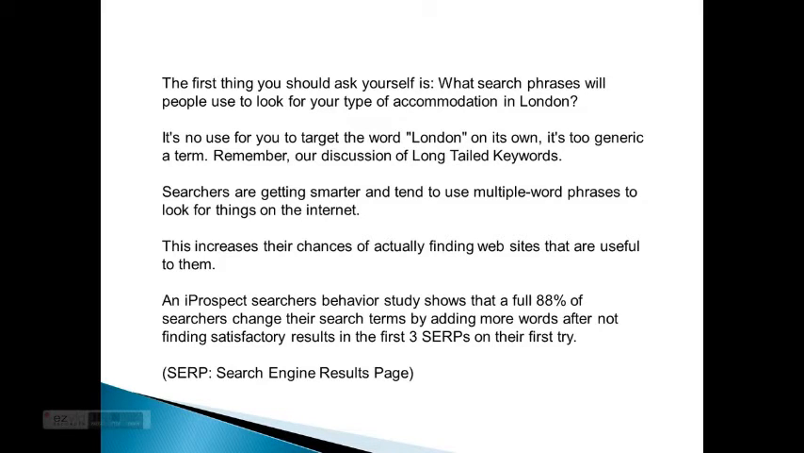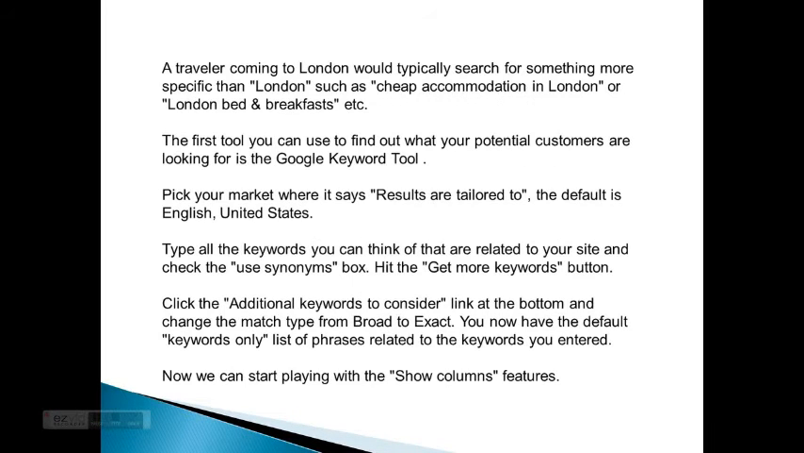An iProspect searcher behavior study shows that a full 88% of searchers change their search terms by adding more words after not finding satisfactory results in the first 3 SERPs on their first try. A traveler coming to London would typically search for something more specific than London, such as cheap accommodation or London bed and breakfasts. The first tool you can use to find out what your potential customers are looking for is